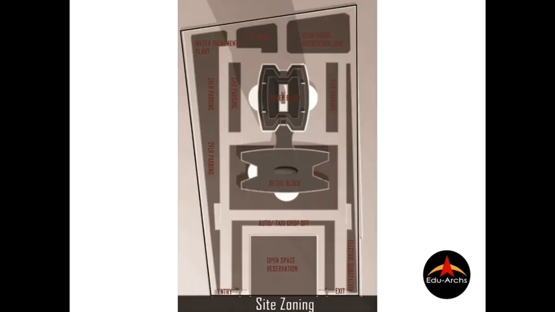Site zoning. Placement of building blocks, parking lots, open spaces and circulations are part of site zoning, which helps to design the site plan. For example, in a museum complex, we need to zone the permanent exhibition, temporary exhibition, auditorium, cafe and back offices. Once these are zoned properly, we move on to designing a site plan.